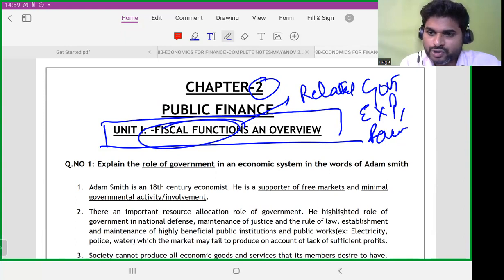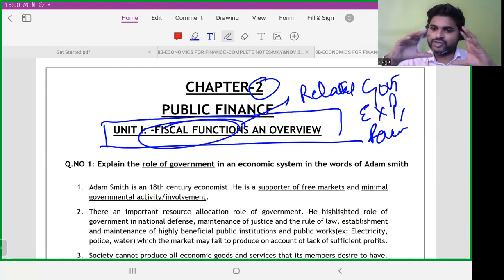And then we spoke about resource distribution. In the resource distribution case, we discussed why the government has to do resource distribution for the equitable distribution of income, wealth, and opportunities. The concept of reservations, providing free ration to the public, high taxes for people who are earning high, low taxes for those who are earning low, and giving it to poor people. All of those are redistributive functions of the government. If the government does not do the redistributive function, what happens? There will be high imbalances in society. That is not good for a country.